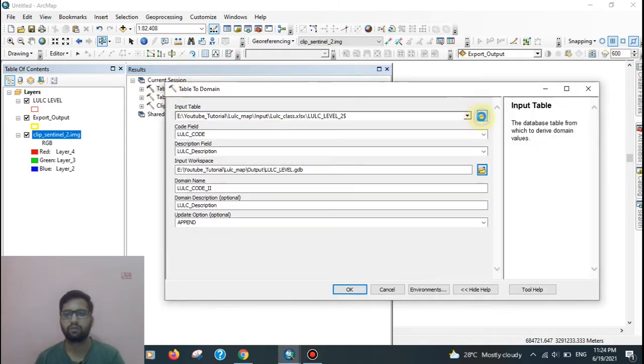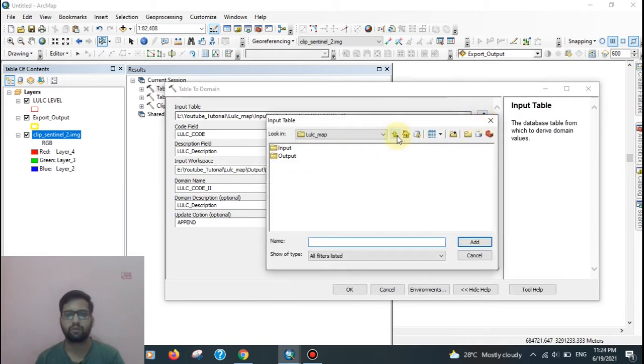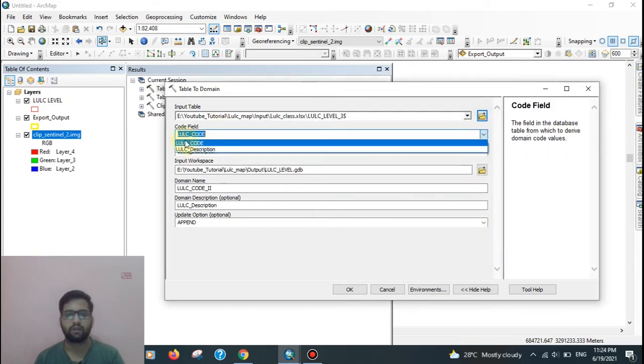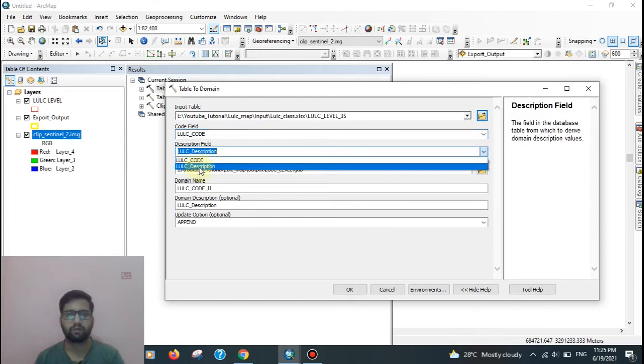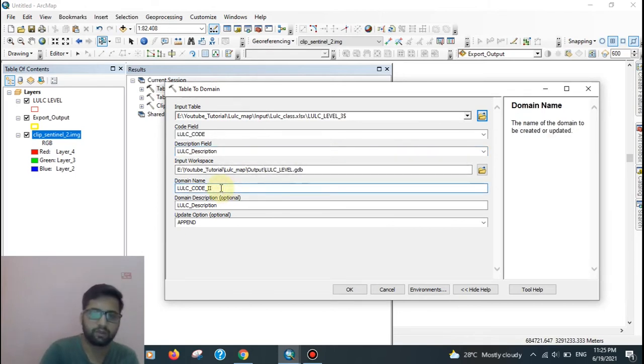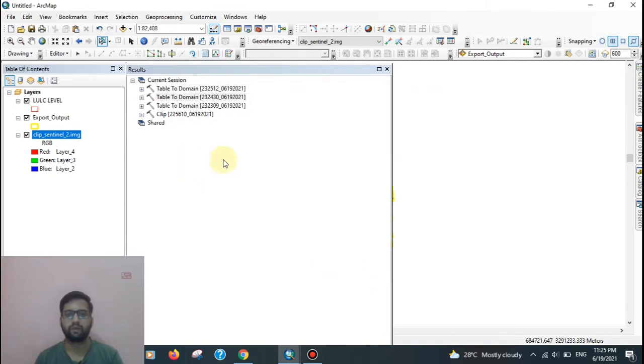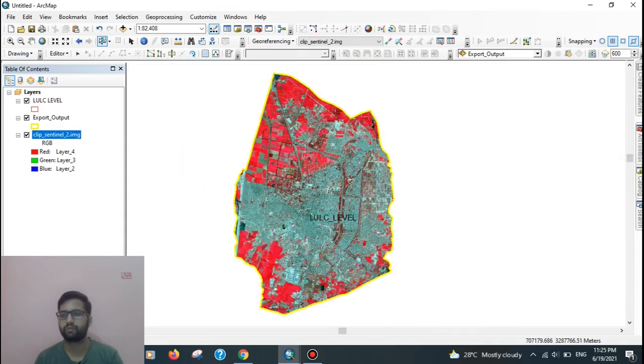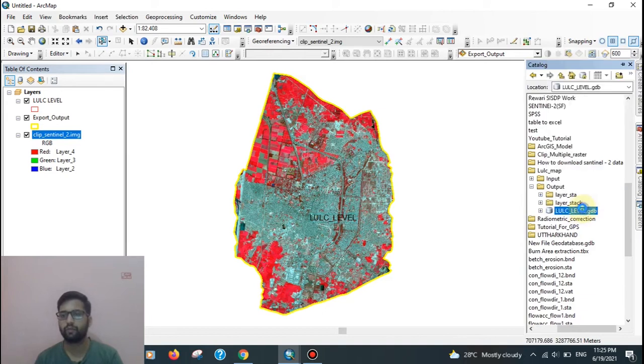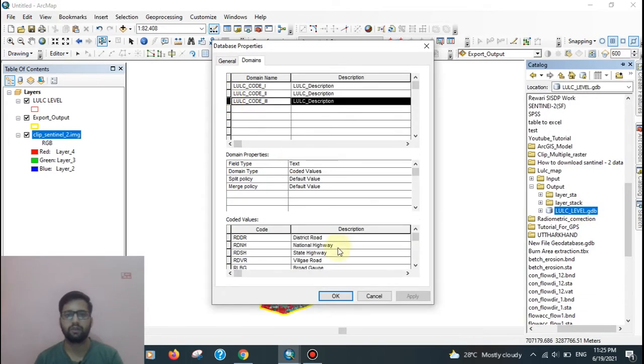Select level 3, add code, description, that already has selected input workspace, type here domain 3. Okay, now complete all the process. Again check it, properties LULC 3, that describe the level 3 classes.